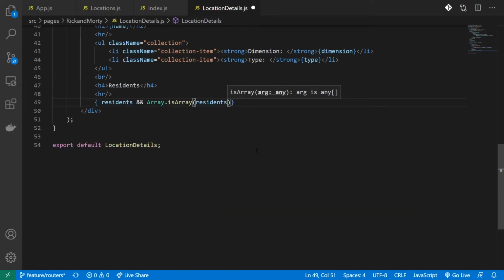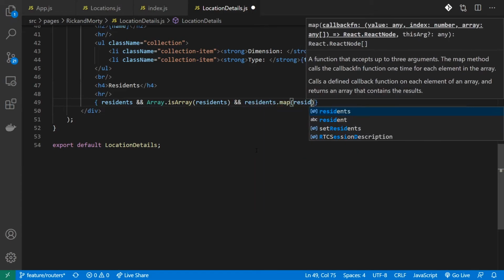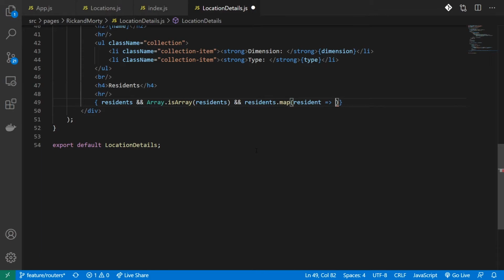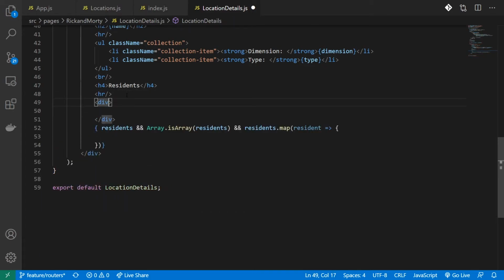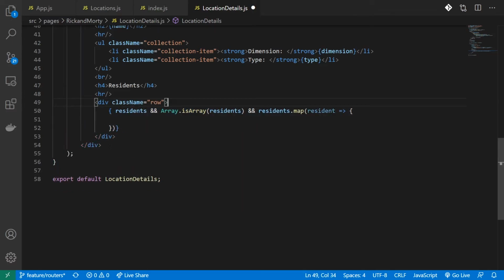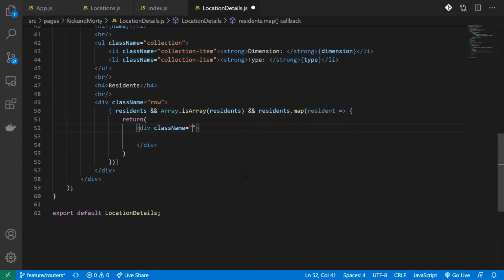If it is, I'm going to loop through all my residents and display it in a grid. To do that, I'll create a grid, call it row, and move my residents inside that. While looping, I'll return my div, with a class name of col s2, and give it a class name of avatar.